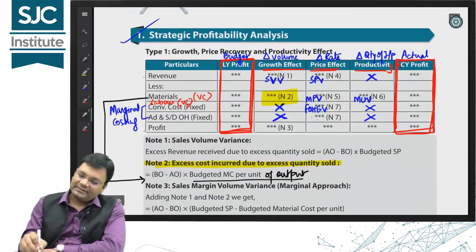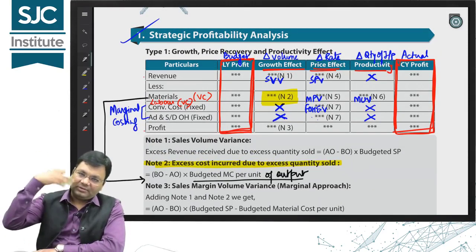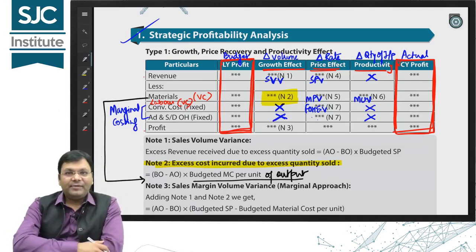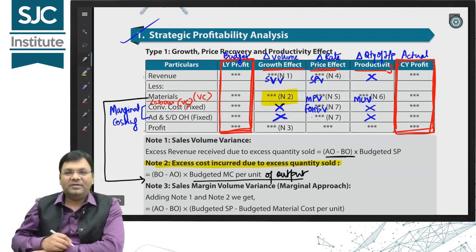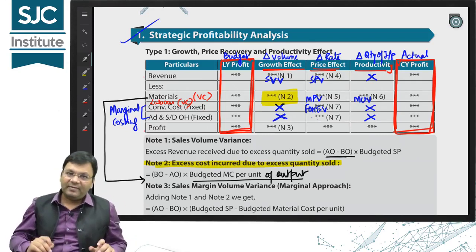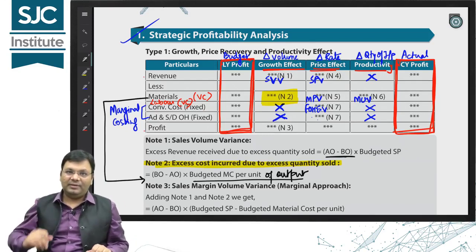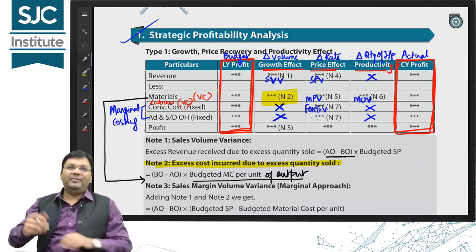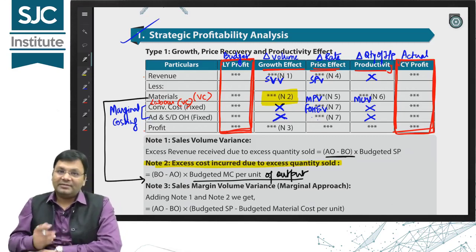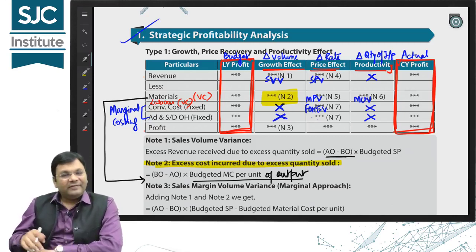In case of sales, when we talk about growth effect, if our volume grows, now apply common sense, sales revenue will increase and it is a favorable thing. So to bring the favorable result, it will be AO minus BO. You see here AO minus BO. When revenue is growing, cost is increasing. So cost increasing is an unfavorable incident, so BO minus AO. But when revenue is growing, it is a favorable incident. So to bring the positive answer, it will be AO minus BO. So that's the uniqueness here. So growth effect is clear.